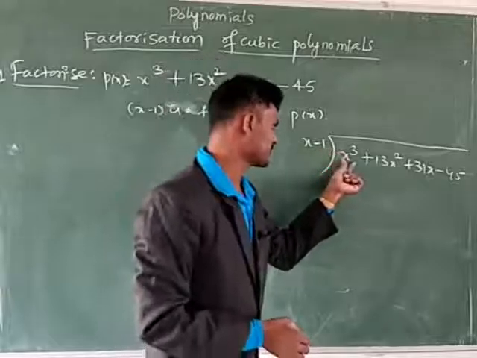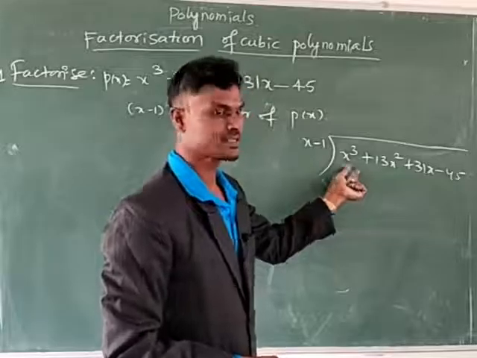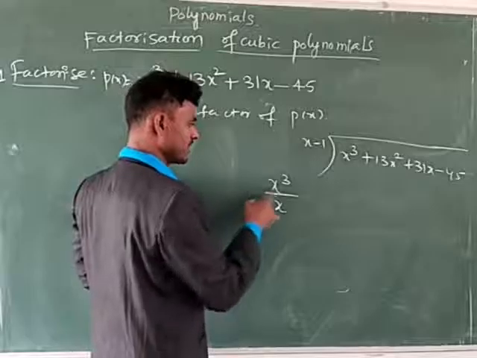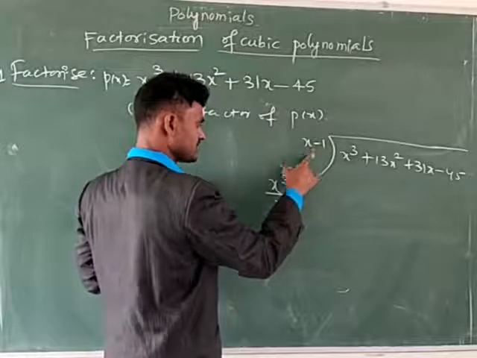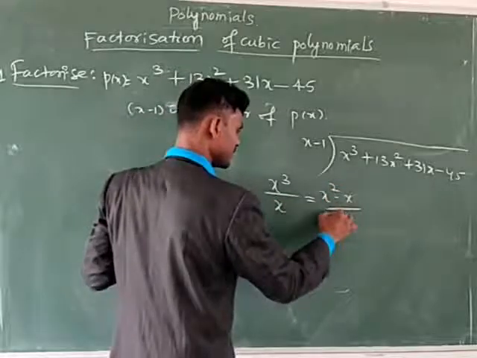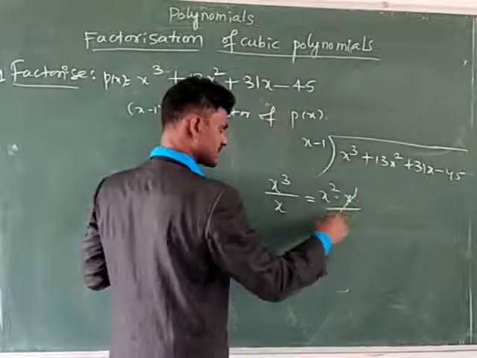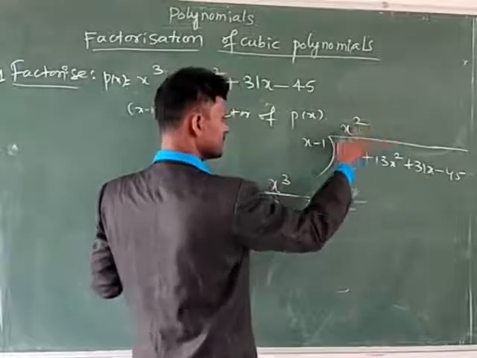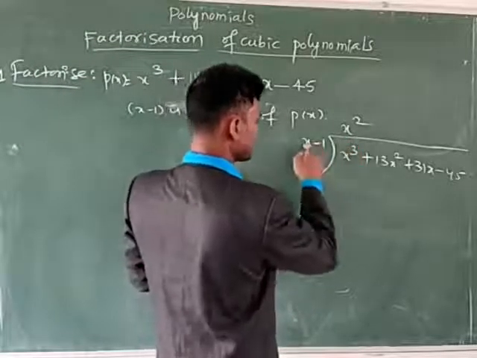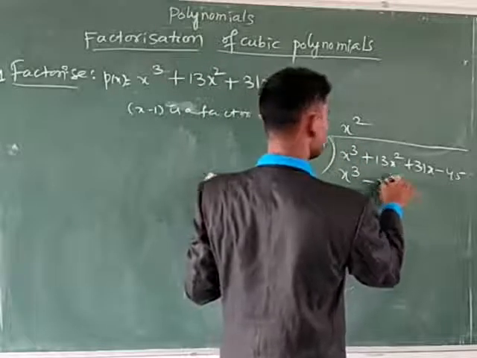See here, x cube and here x. Which number do you have to multiply here? It is equal to x square. If you don't know, write x cube by x first. This is x minus 1 as given. Write x first here. This one is written as x square into x by x. Bases equal, powers you add: x square into x. One x cancels. Then you multiply by x square. Understand children? Listen. Now x square into x is x cube.